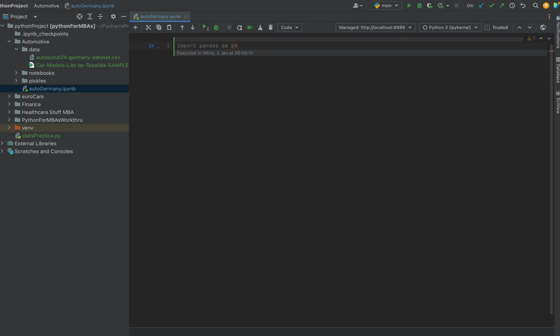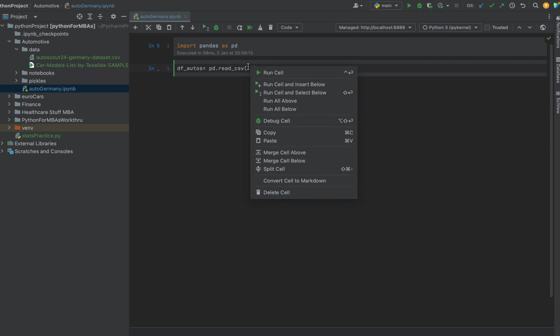I have running pandas as pd. Alright, so now I have set up my Jupyter notebook, I have my data. I can start doing some exploratory data analysis, just to get a general sense of what's going on. I create a data frame called df_autos. I'm going to use pd.read_csv and I'm going to paste